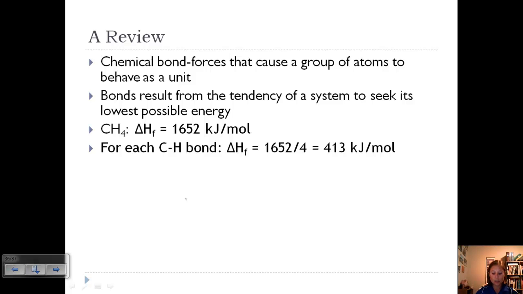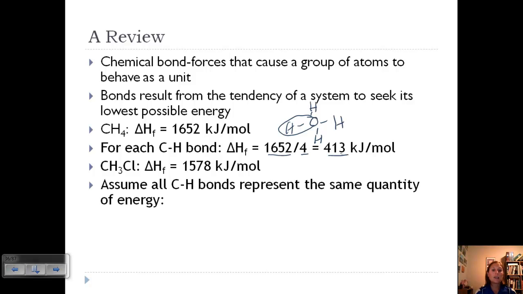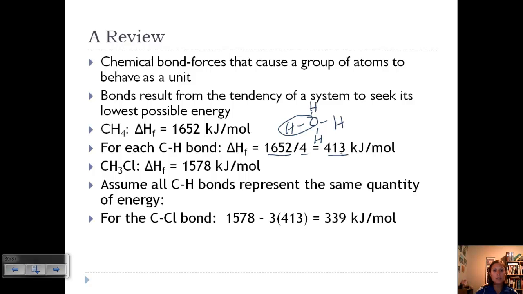So for each C to H bond, if we take a look at CH4, we've got a carbon and then 4 hydrogens bonded around that carbon. For each of these bonds, for example this hydrogen to this carbon, it's that total heat of formation divided by 4, and so each one is 413 kilojoules per mole. If we look at CH3Cl, the heat of formation is 1,578 kilojoules per mole, and we assume that all C to H bonds represent the same amount of energy, and since we already calculated the C to H bond in the methane,